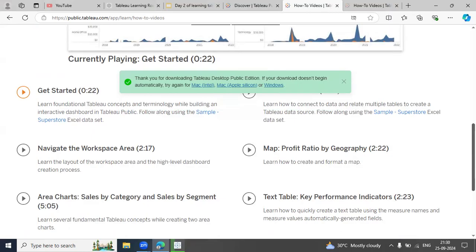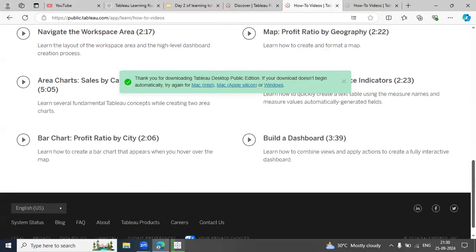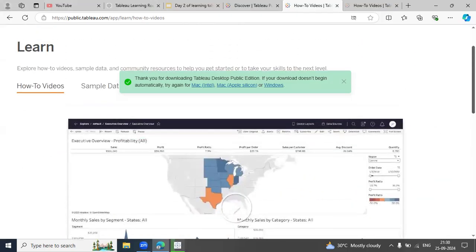Then we also get to know how to navigate the workspace area, basically to learn the layout of the workspace area and high level dashboard creation. After that, there are many other ways to use it, like for sales or category, profit ratio, geography, or any other thing.